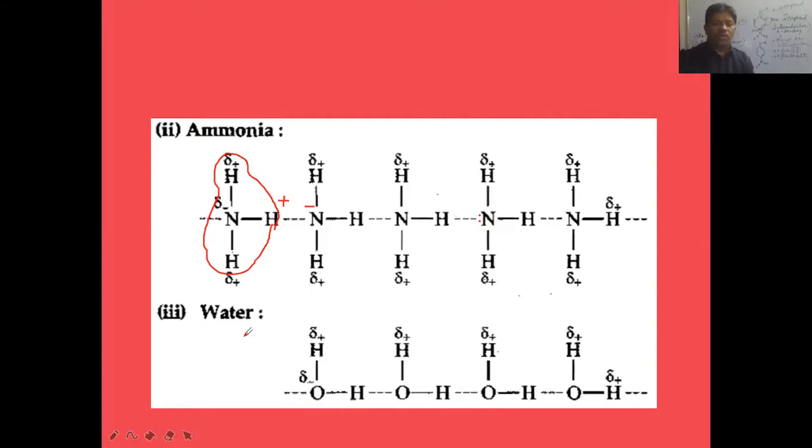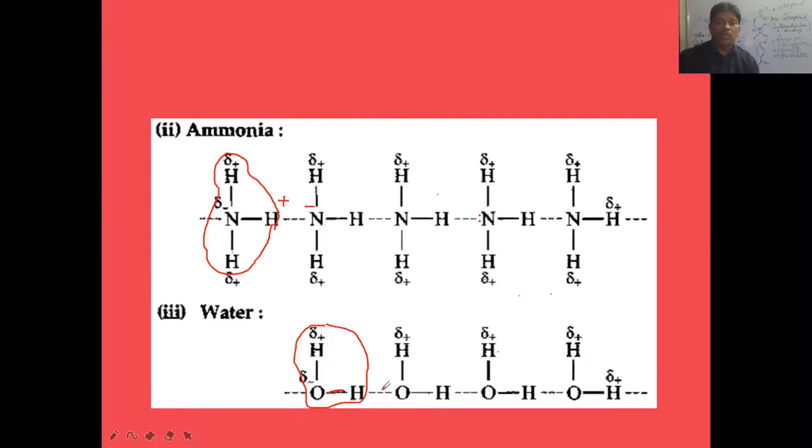And if you take the water molecule, in the case of water also, between H2O and H2O, intermolecular hydrogen bond is there. In the H2O case, the solid line indicates the covalent bond, O-H covalent bond, O-H covalent bond. It is one molecule of H2O. Between one molecule of H2O and the other molecule of H2O, this dotted line indicates hydrogen bonding. So between the hydrogen atom of one water molecule and the more electronegative oxygen of another water molecule, hydrogen bonding is there.